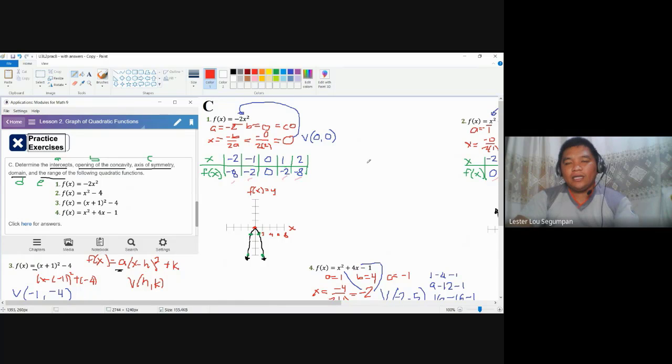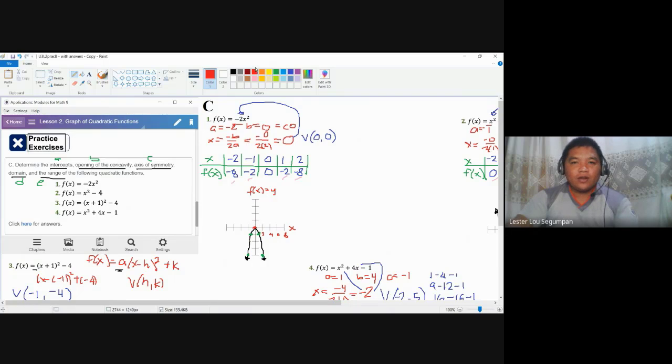Intercepts are, by looking at the graph, where the graph connects to or intersects the x-axis. So look at the graph. If it connects or passes through the x-axis, meaning we have intercepts. If it doesn't connect with the x-axis, then definitely we don't have intercepts. Here in number one, it actually passes at the origin, which is also a part of the x-axis. So the intercept here is a point.